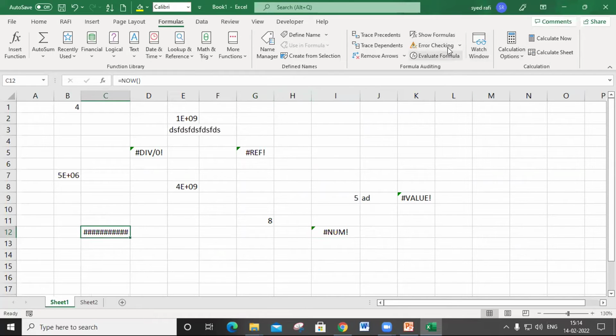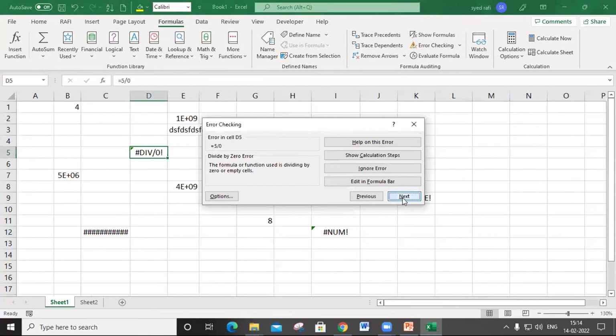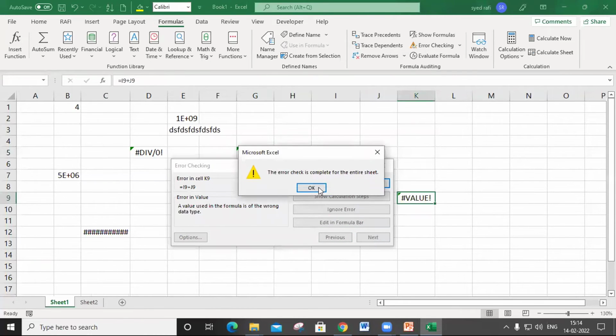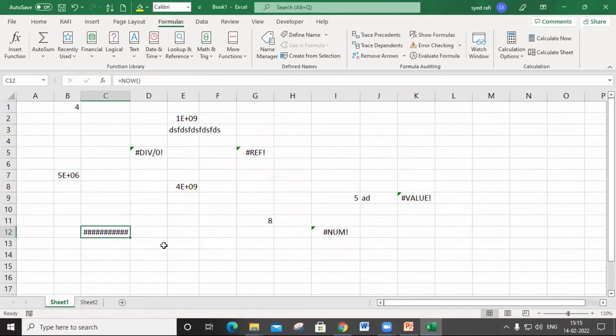If you try like this, it will be moved toward here, and it can't be taken as an error. So the column width is less, and the content is very high.